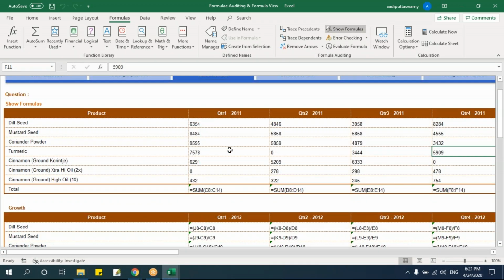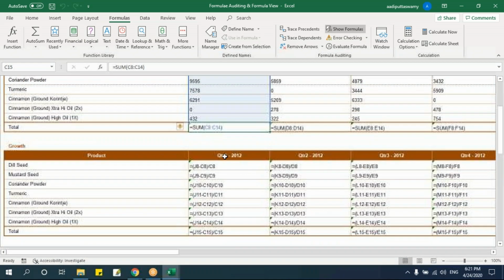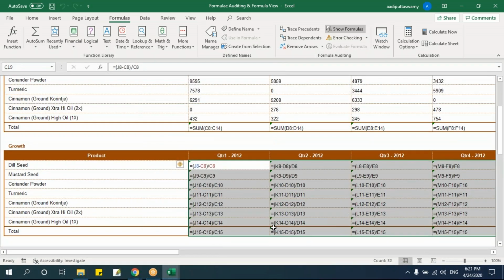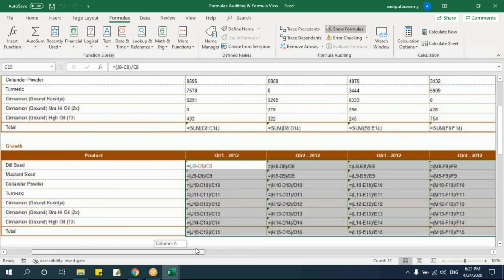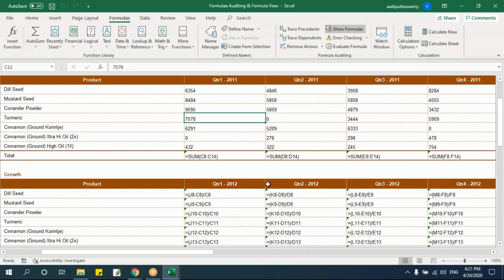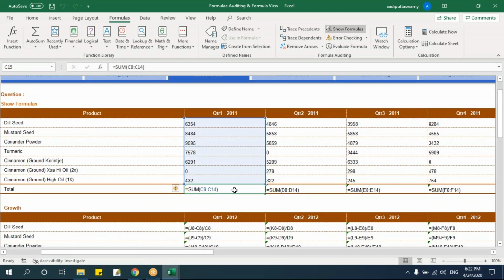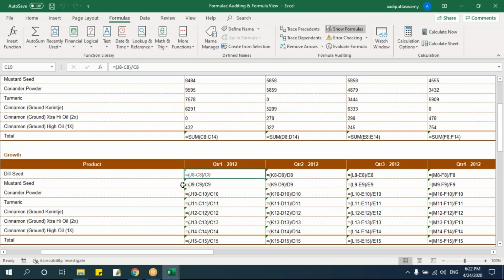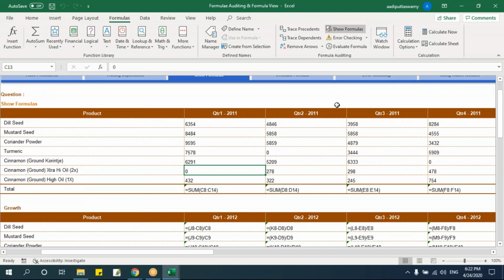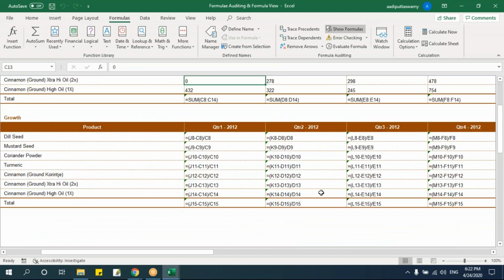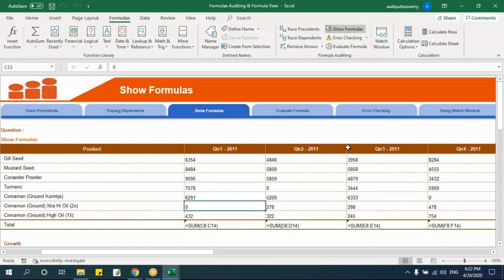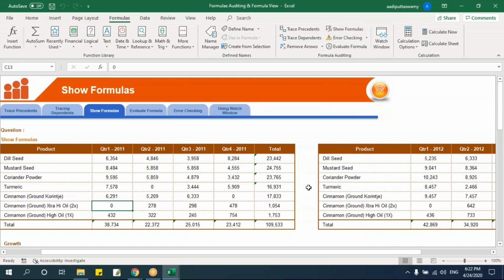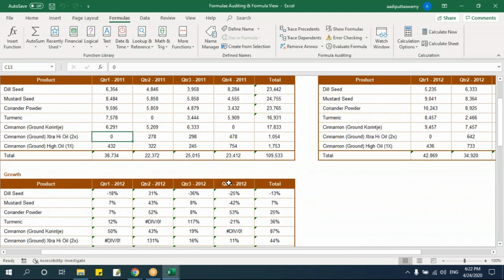the entire sheet will expand to show the formulas like this. Suppose at any point of time in any of your sheets, you find something like this, don't panic. I've seen many people getting afraid, saying what happened, only the formulas are shown here, so they might delete this and do something. Don't panic. Just see here. This is actually the show formula mode, where it will show me all the formulas. Just go here, click again, and it will come back to the normal mode.